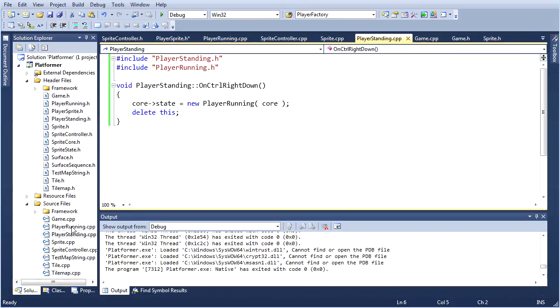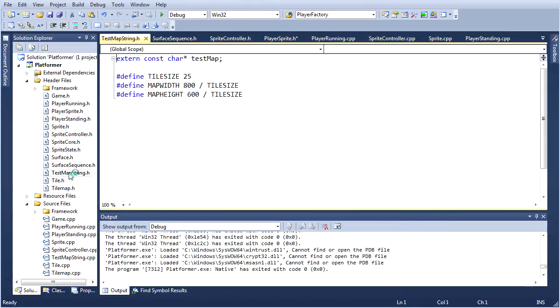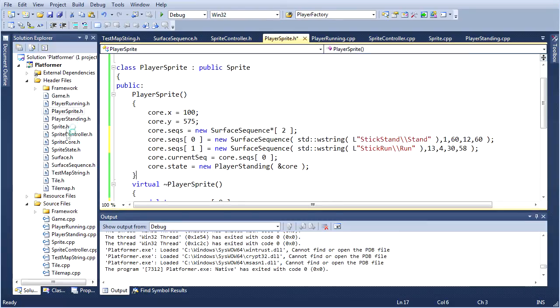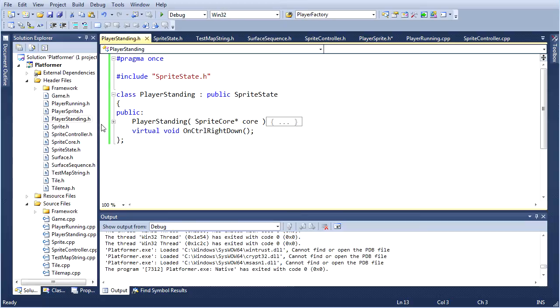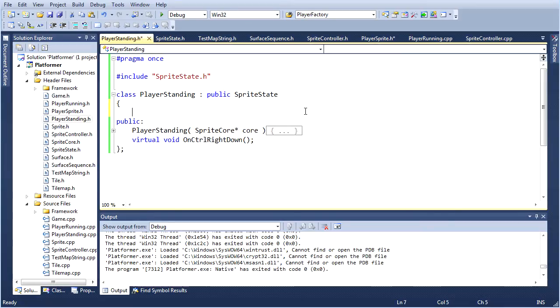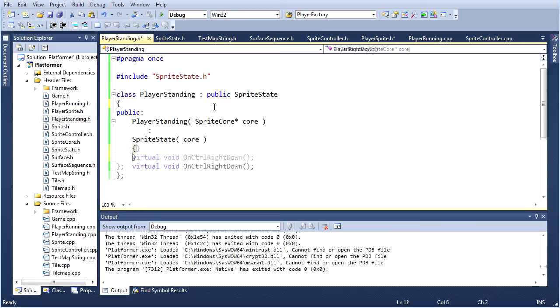But the other thing I could do is go to Sprite State here. Or I can go to Sprite Standing. Yeah, player standing, not sprite standing. So when we create this state, we get a pointer to the core. In the constructor, we can tell it to go core pointer to